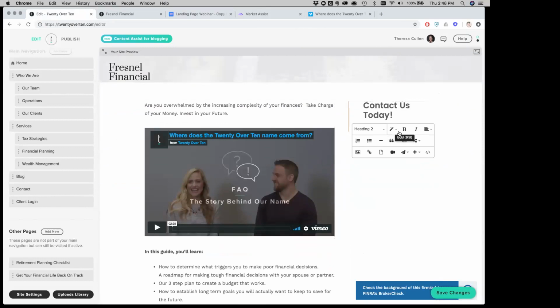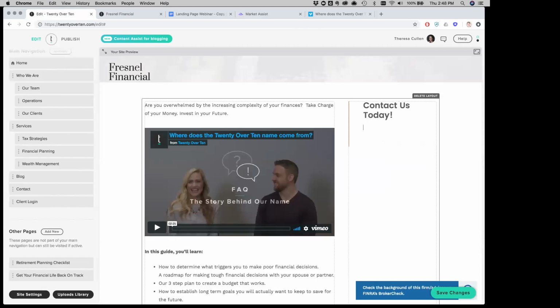Yeah, so in this case, we have some built-in forms that are baked into the platform that can help you capture email addresses or capture more details if necessary. So here in that right sidebar, I'm just going to change some of the content there and some of the calls to action. I'm just going to say contact us today. And what I'm going to do here is add in a short form that captures email addresses. That email address will be alerted via email, and we can follow up natively with any sort of content, any sort of follow-up that's necessary. It's really easy to do.